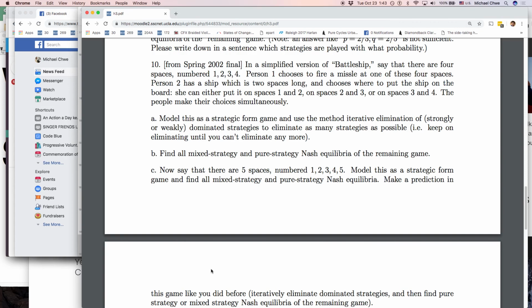Tie, 1 better than 3. Is it clear? 3 weakly dominates 4. Okay, now what? Anything dominated? 3, 4 weakly dominates 2, 3. Yeah. Now in this smaller game, 3, 4 weakly dominates 2, 3, right? This is 1's better than 0, and there's a tie here. Yeah? Make sense? So I'll call that the third step. 3, 4 weakly dominates. Does this make sense?